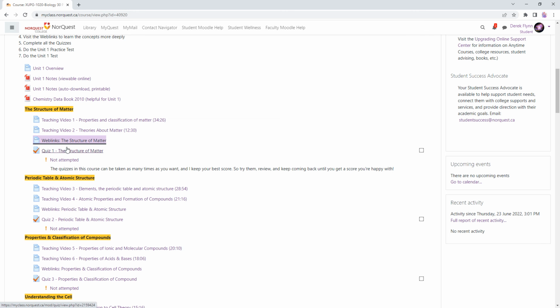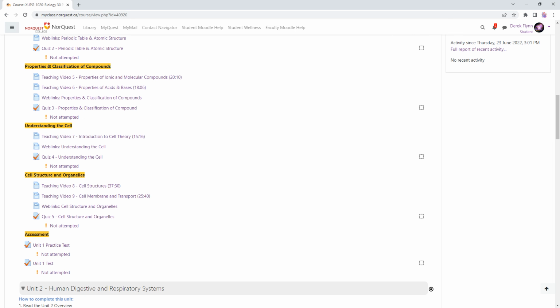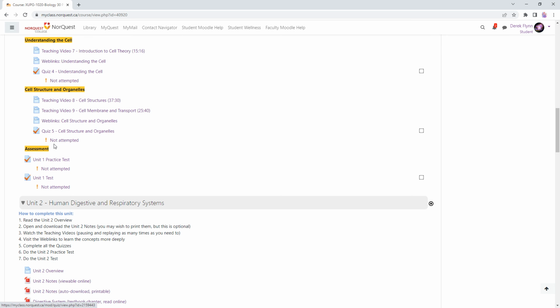Then you can attempt the quiz. The quiz will be just about what's in the notes for the structure of matter. Then when you move on to the next section, you'll read through the notes for that part, watch these videos, try this quiz. For the next part, read through the notes, watch these videos, try this quiz. It's repetitive. Once you know the set of steps for one, you'll know the set of steps to do everything. Same thing for understanding the cell, read, learn, then there's a quiz. And once you've done all of those,